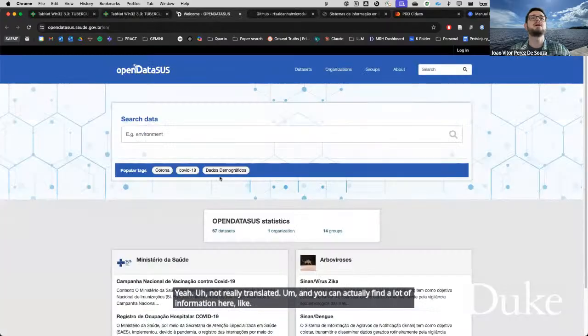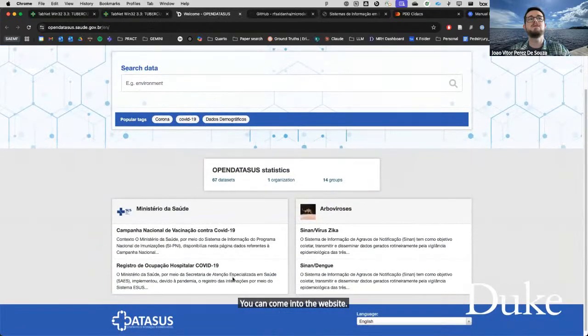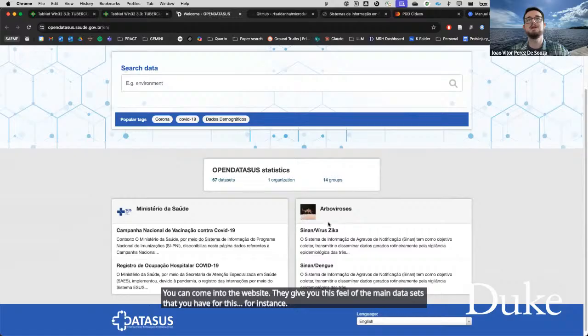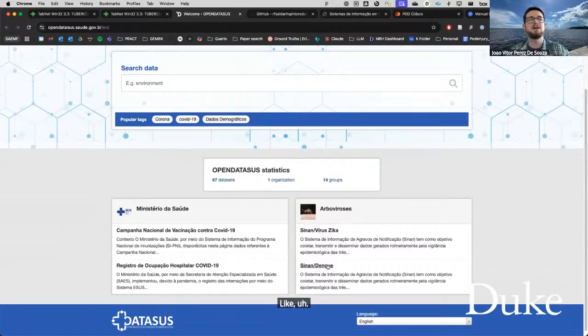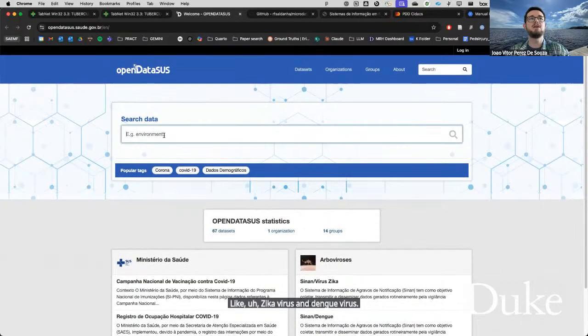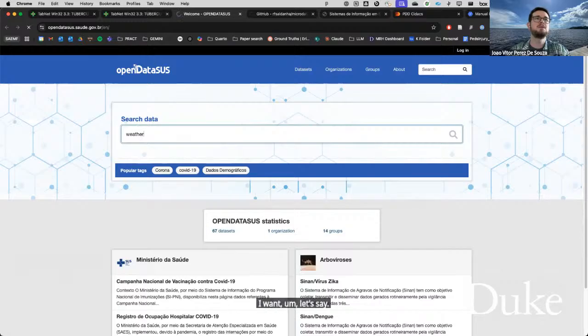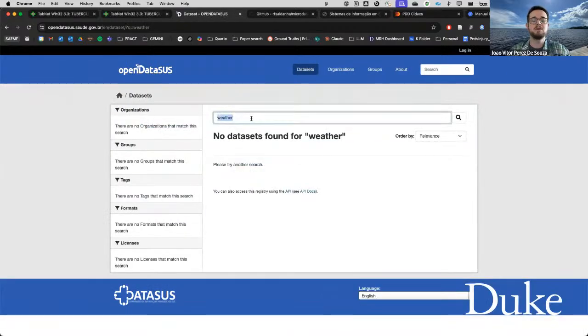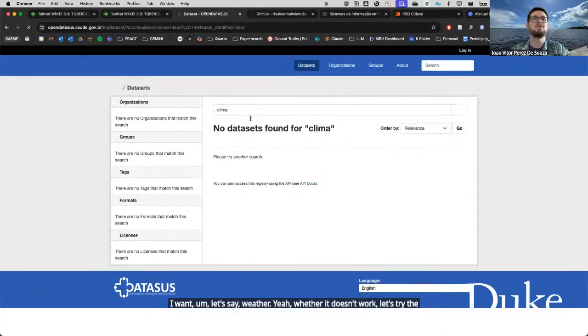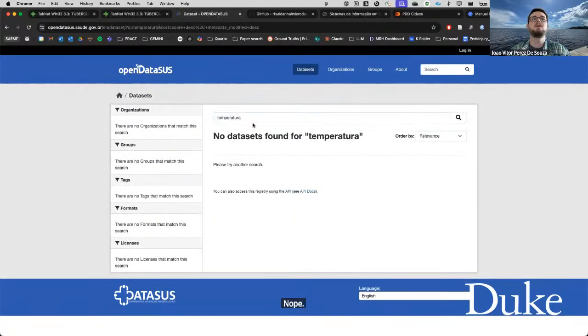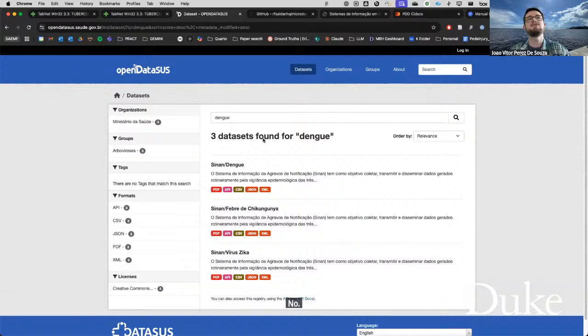Like you can come into the website. They give you this view of the main data sets that you have for this, for instance, for arboviroses, like Zika virus and dengue virus. But you can even go here and type, let's say, I want, let's say weather. Yeah, weather doesn't work. Let's try the Portuguese version. Nope. Nope. No. Yeah, so like if you type dengue, which is the virus, you can actually find some information, for instance, for